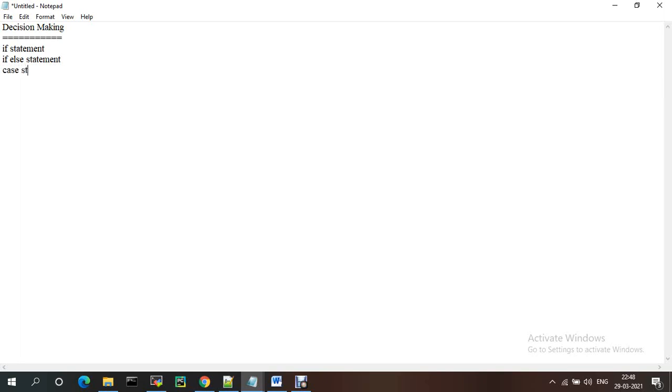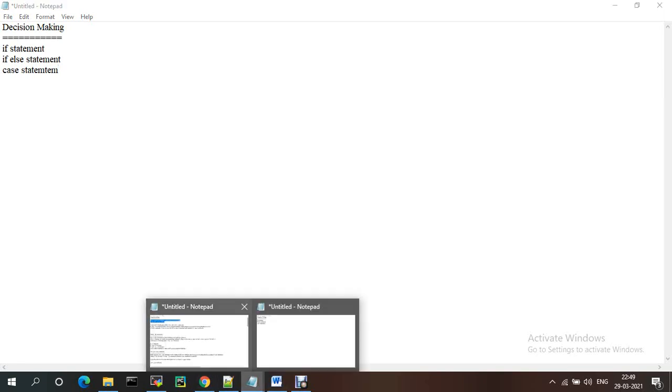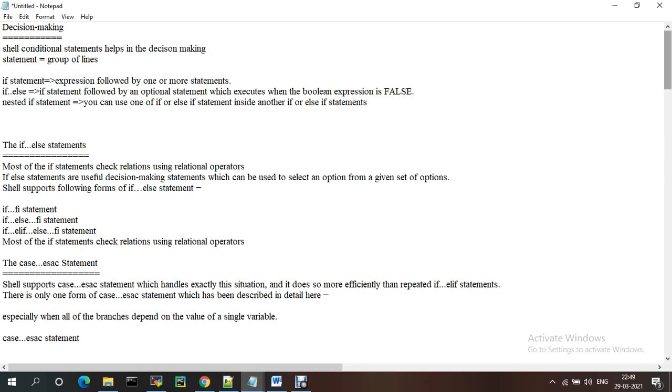Whatever condition we write, it will be checked whether it is true. If the condition is true, then the true statement will be executed. If it is false, the false statement will be executed. So shell contains statements that help you with decision making.